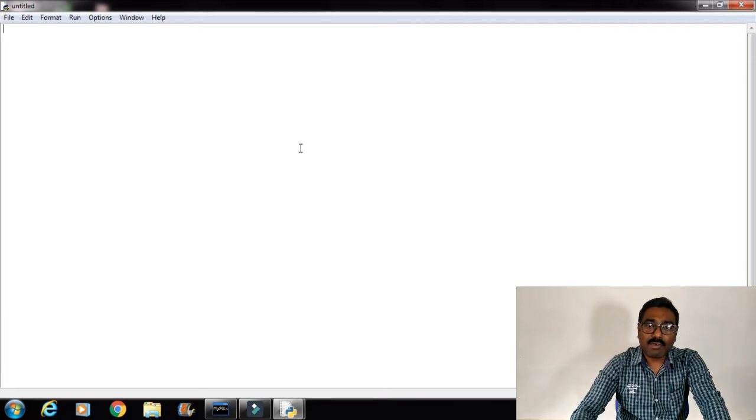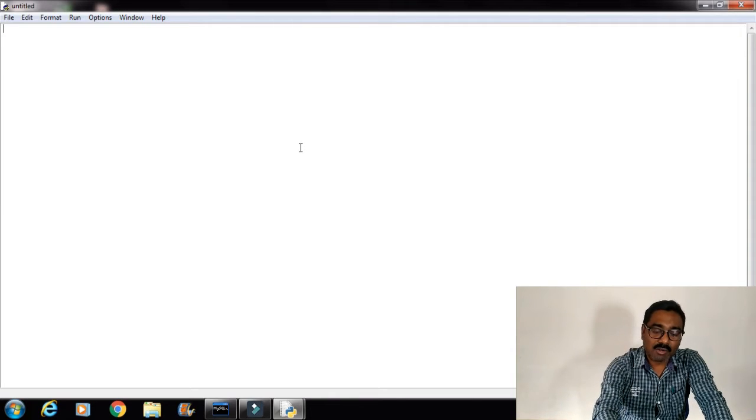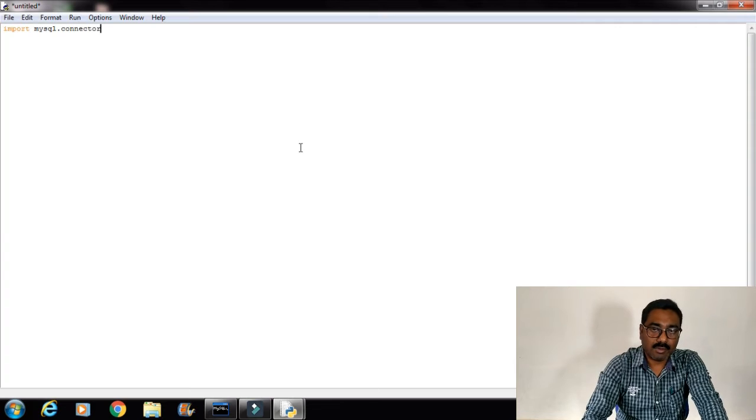So in the first command, you have to import a module for MySQL. For that, you have to use the command import mysql.connector.